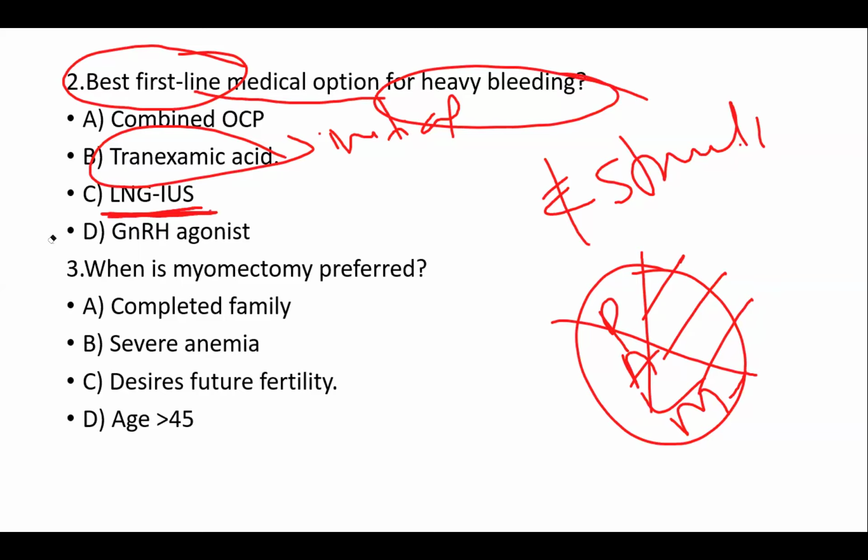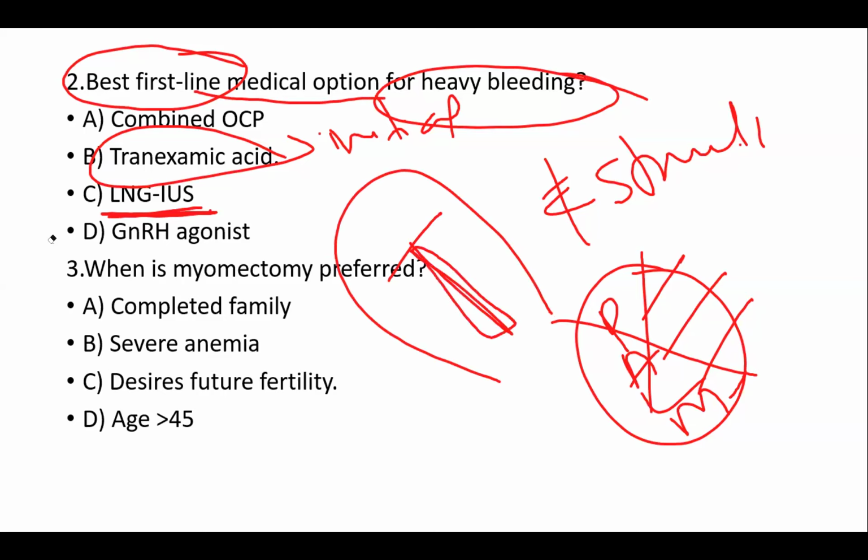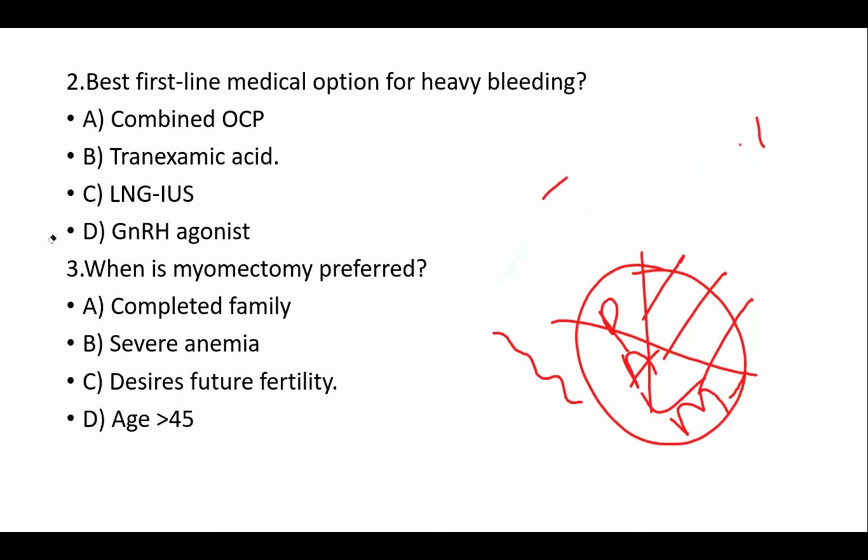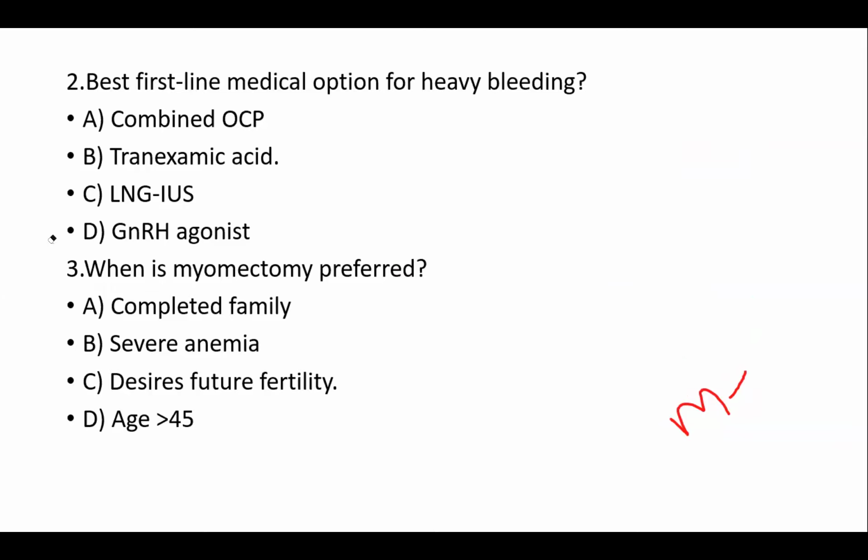LNG-IUS. OCPs. Okay, ma'am. Very important. What is LNG-IUS? It's just a coil containing a hormone which is inserted into the womb. Very popular nowadays. It's known as Mirena. It has avoided many hysterectomy cases. So in the same scenario, if the structural abnormalities have been ruled out, what is the best first line medical option for heavy bleeding? That would be